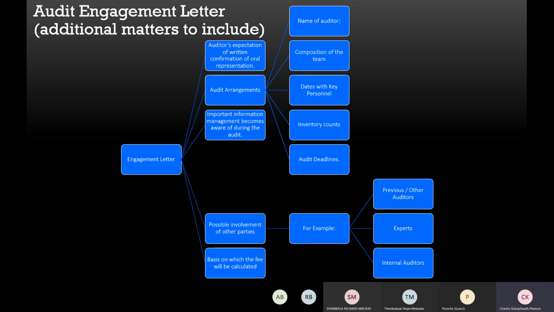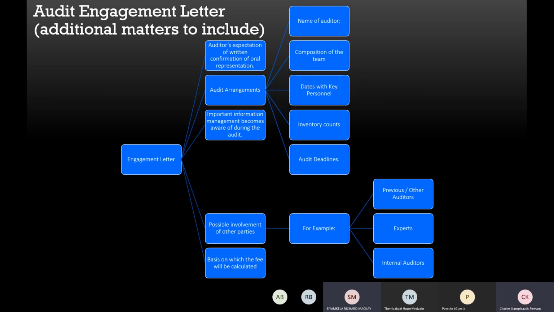So since the risk of being sued is so big, Siamkela, generally speaking, would you rely on the work of an internal auditor? Now knowing that they aren't regulated and there might be a perceived influence on the independence, would you as an external auditor rely on their work? I will not rely, sir. Now that I know they are not regulated, there's no way that I can rely on them.